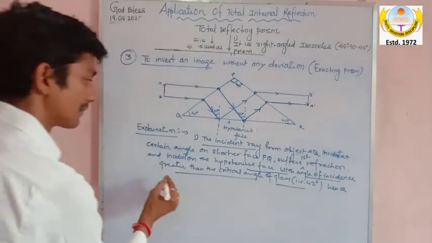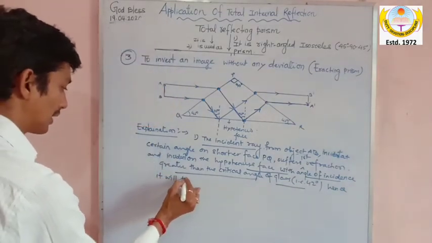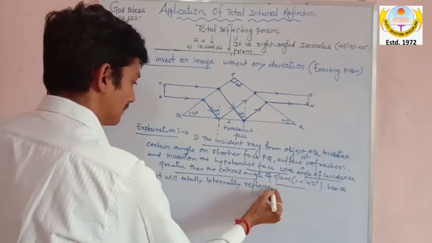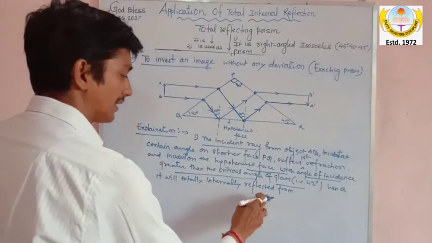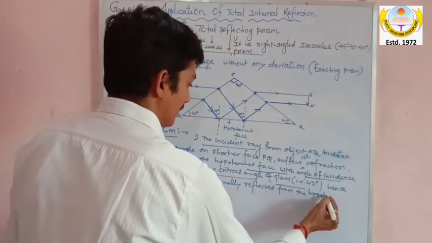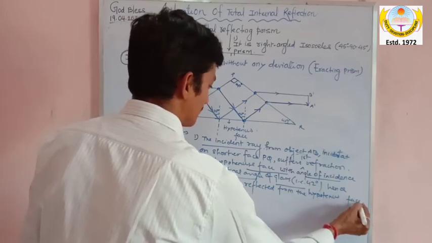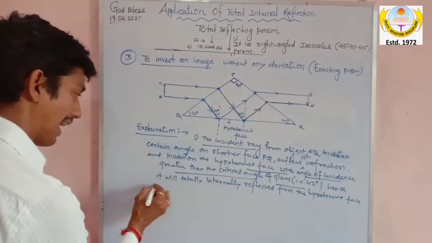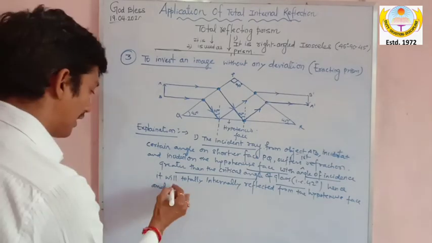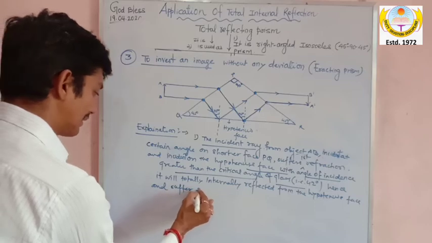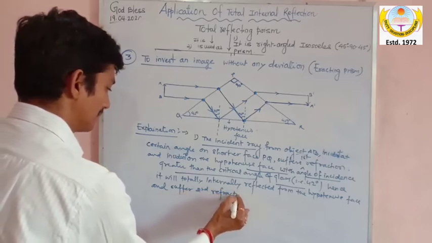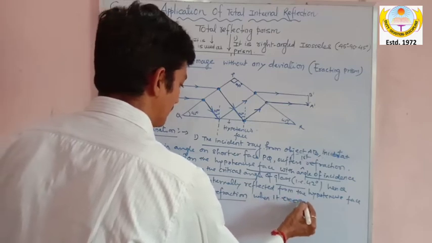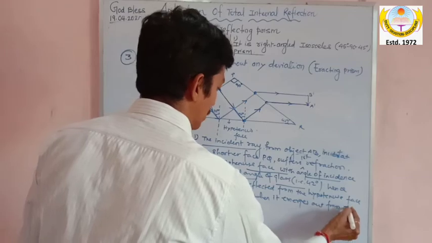Hence, it will be totally internally reflected from the hypotenuse face, totally internally reflected from the hypotenuse face, and suffer second refraction when it emerges out from the other shorter face,